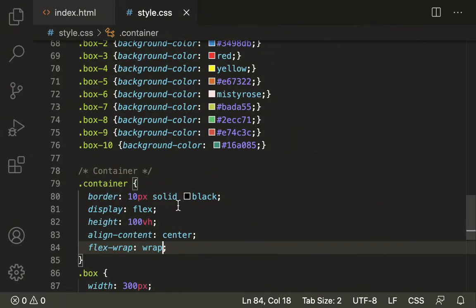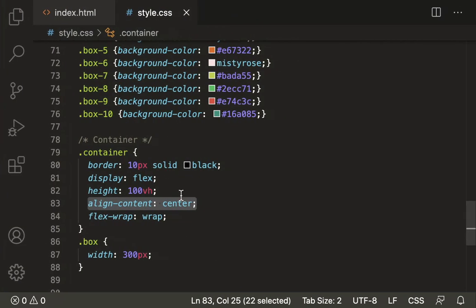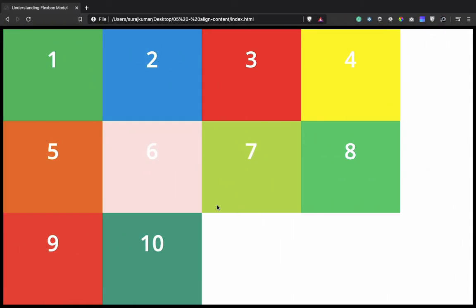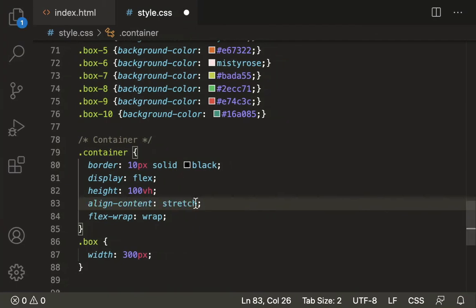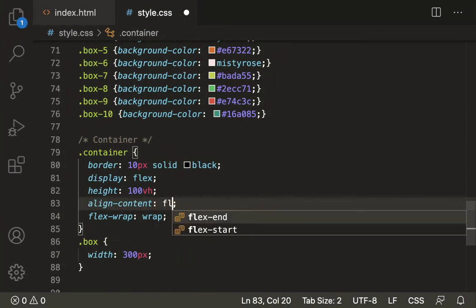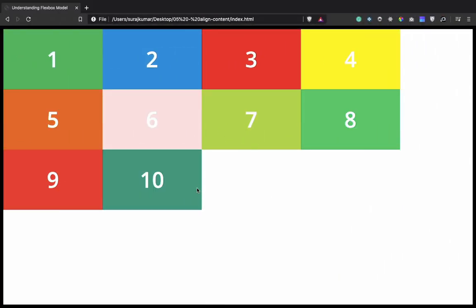So that's why we see here align content center. Each and every item is in the center of the container. We have other values for align content, say stretch this time. That's the default value. If we don't have align content, every item will be stretched to fill the extra space on the cross axis. Alright, now let's experiment with all those values. Say flex start, all these items will be starting from the start point on the cross axis.